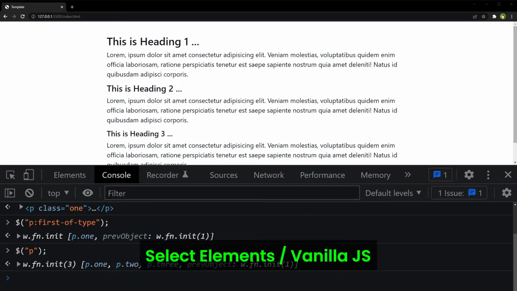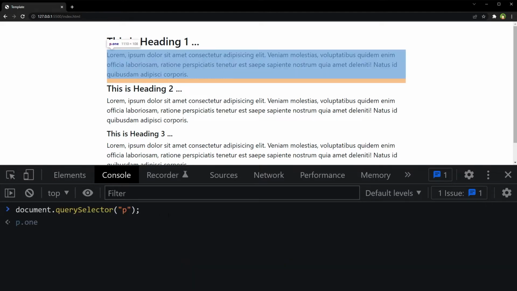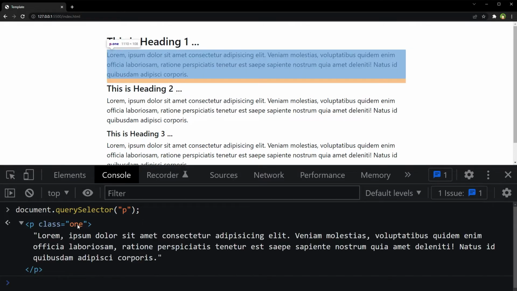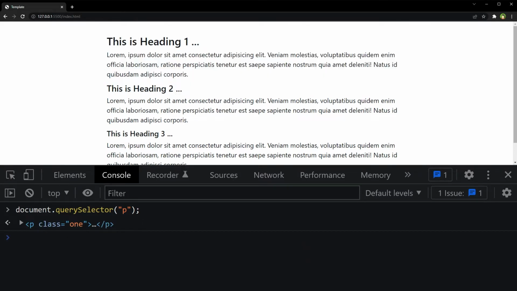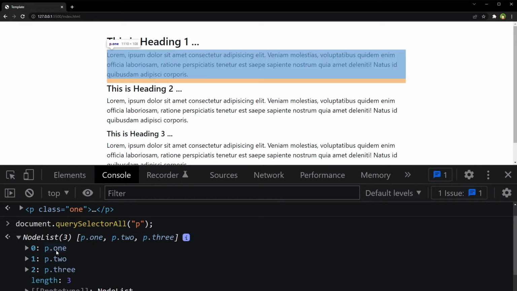If we have to do it in vanilla JavaScript, we can select one element like this: document.querySelector P. It will select the first paragraph in the document, P class 1. To select all elements with a tag or class, we can use querySelectorAll: document.querySelectorAll P. It will select all paragraphs. NodeList 3, 3 elements were selected.